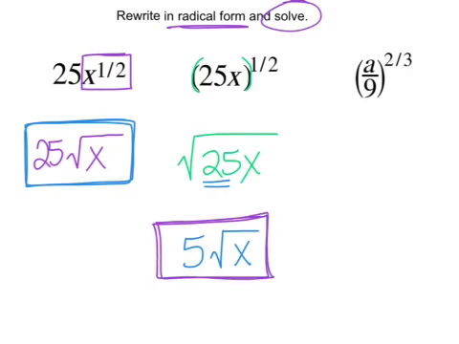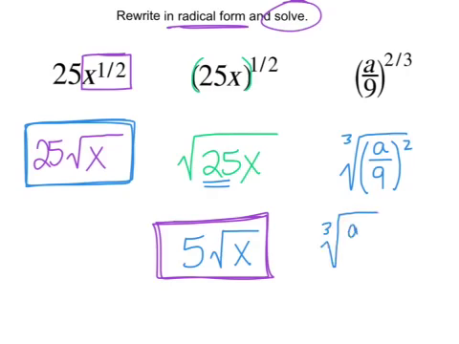And last but not least, we have a over 9 to the 2/3. Rewrite it in radical form. So we have our radical. We have a over 9. The exponent on this is 2. Our index is 3. Now when we solve, I'm going to have the cubed root of a squared over 9